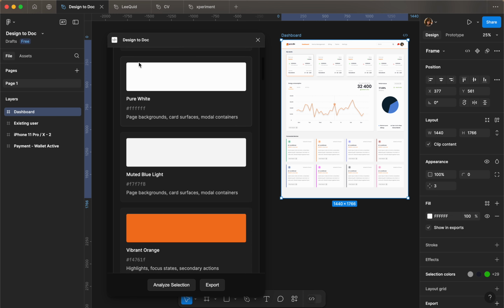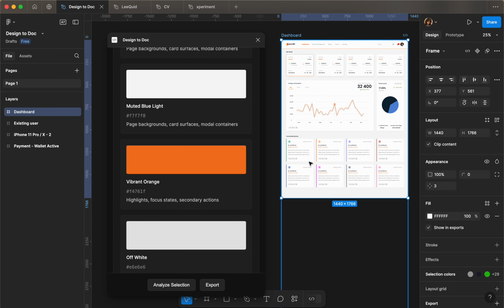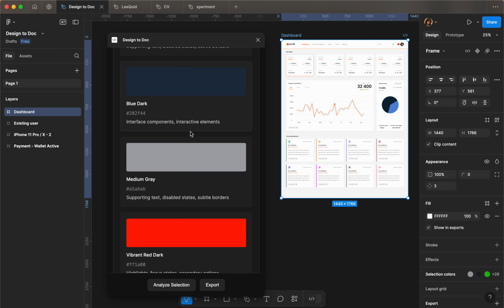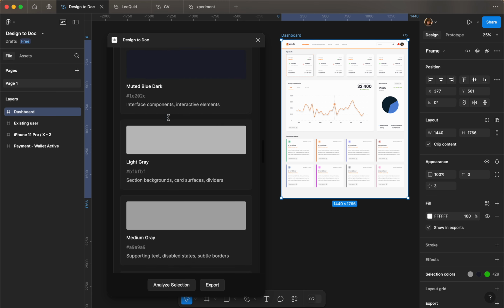It's also listed out all the colors present, the names, the codes, and the usage, right? So you can see that pure white is used as the page background, card surfaces, and modal containers, as we can see in the design. Blue dark, medium gray,